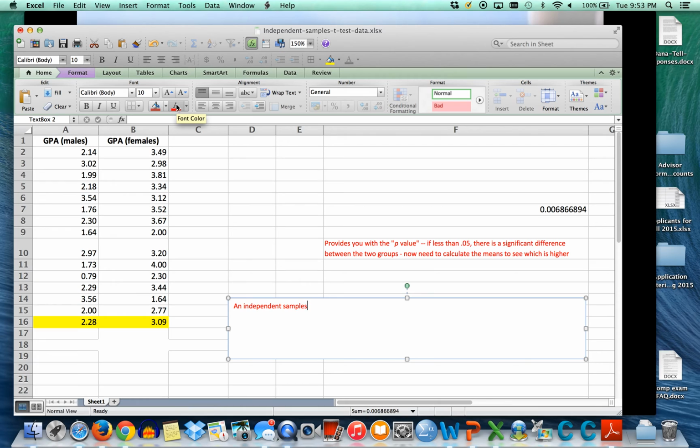An independent samples t-test was computed to determine if there was a statistically significant difference between GPA scores. I'm just going to go back and italicize this T. The results were significant, and you're going to actually add the p-value. And when we're talking about p-value, you can actually go out 3 decimal points. So I'm going to go ahead and just put in, actually, I'm going to round that up, what the p-value was, and I have to italicize this letter P because it's a symbol,